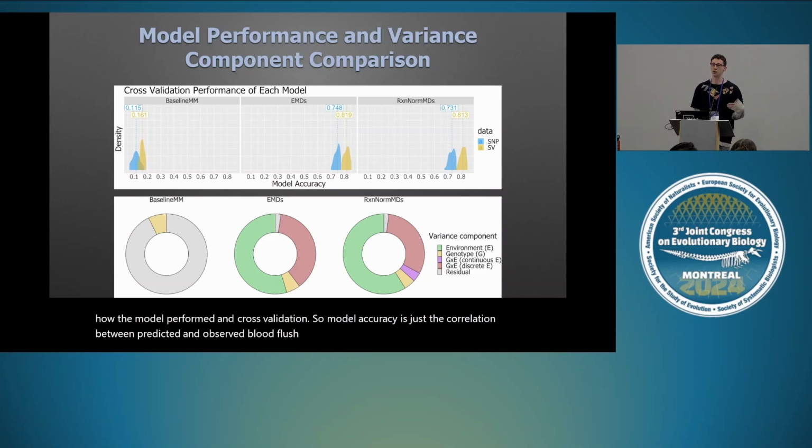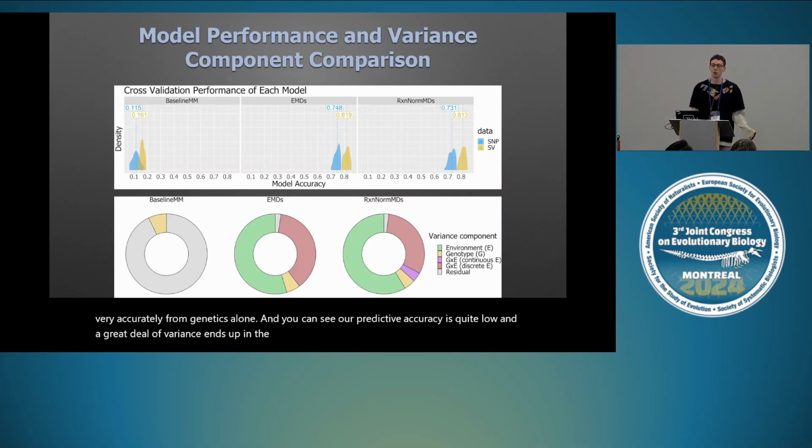The bottom panel is the variance components of each model. So if we start on the far left, the first model I'm showing you there only includes genetics. It was worth a shot, but turns out you cannot predict bud flush timing very accurately from genetics alone. And you can see our predictive accuracy is quite low, and a great deal of variance ends up in the